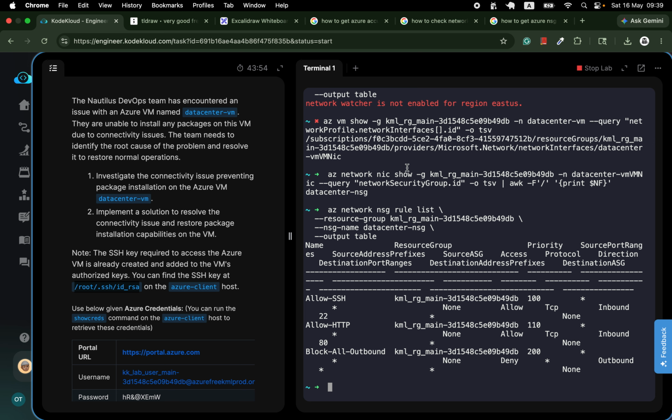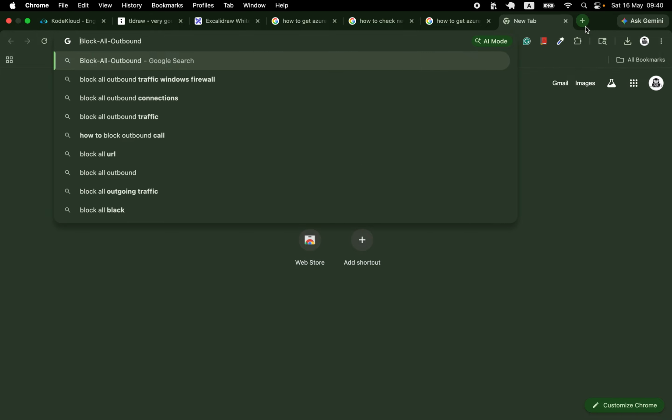So okay, when we approach this problem, we have two things. The first thing is we will delete this outbound rule, and then we will add a new outbound rule for internet access, right? So okay, how do we delete this existing outbound rule? Okay, so let me find it in Google again. So how to delete this existing outbound